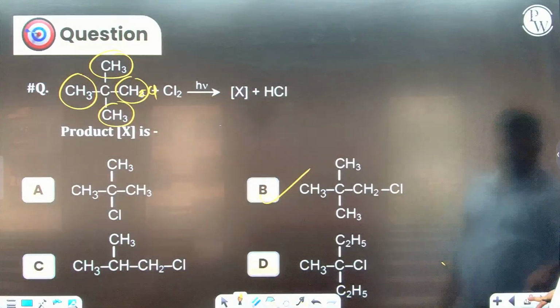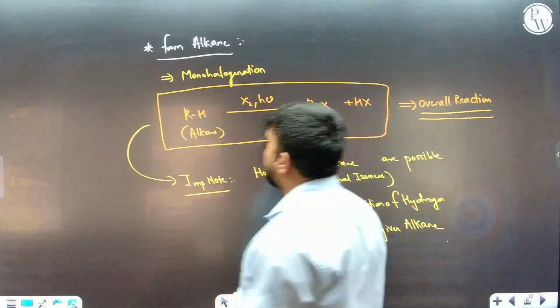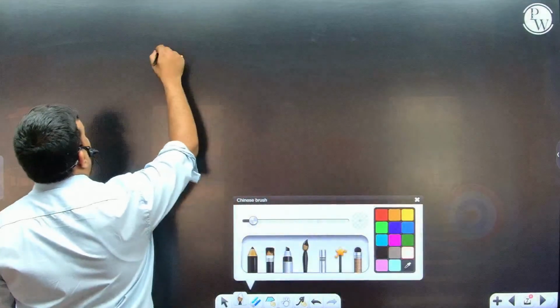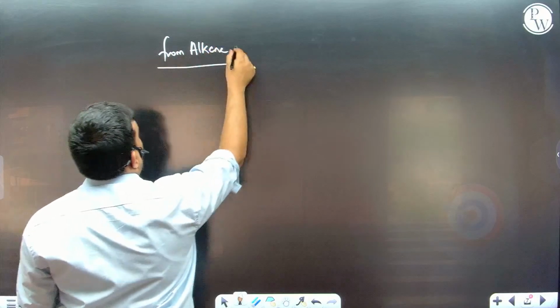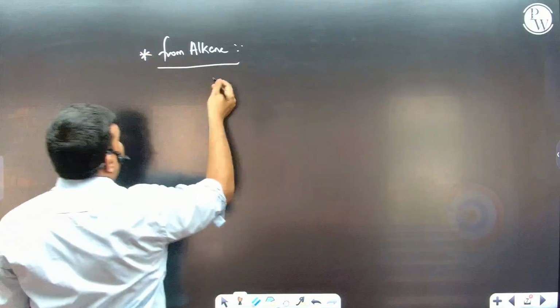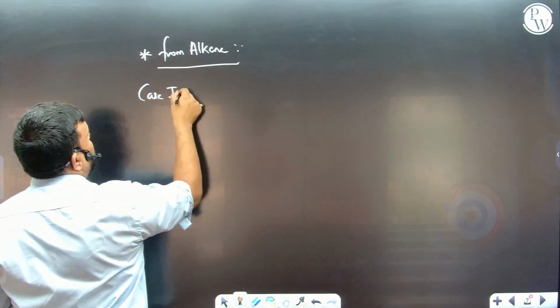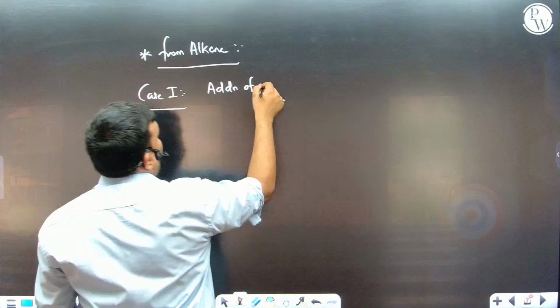Okay. So let us continue with the preparation part over here. So we were having preparation of haloalkane from alkane. Now let us see preparation of haloalkane from alkene. So in this we are having two cases. We are having case 1, that is the addition reaction, addition of HX,